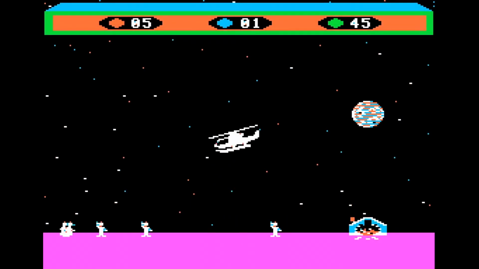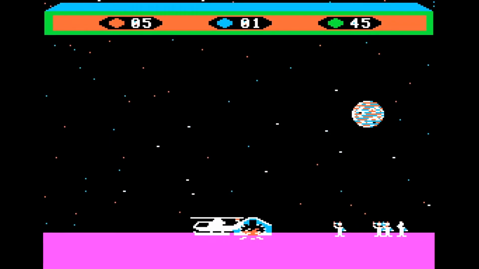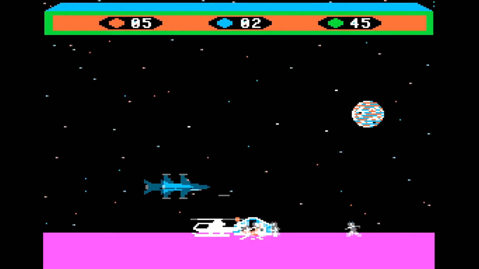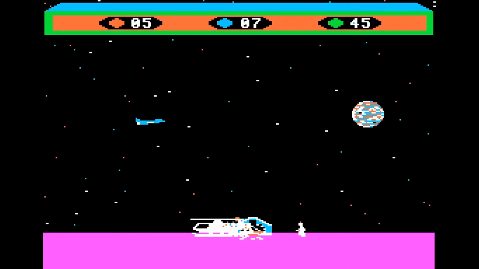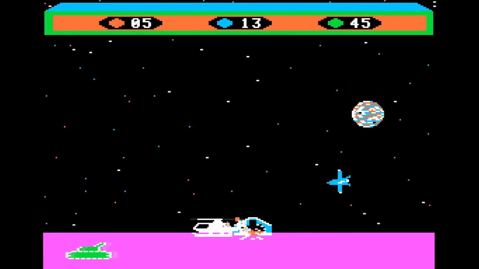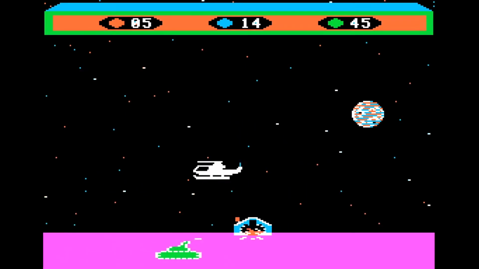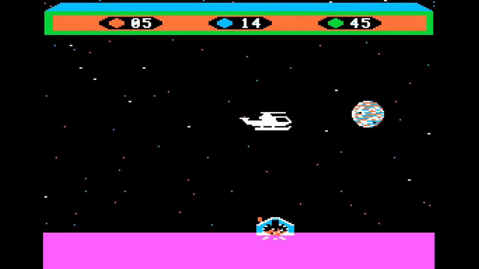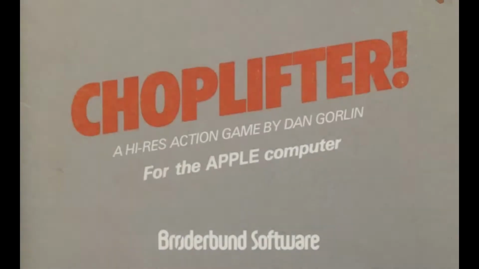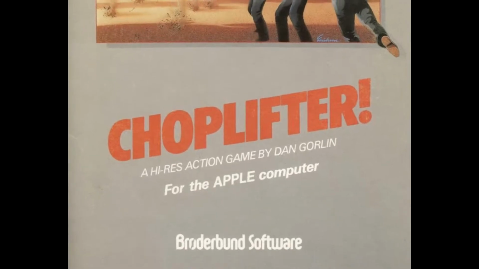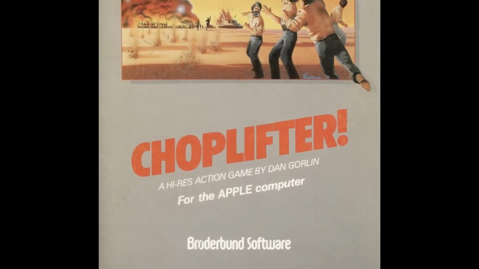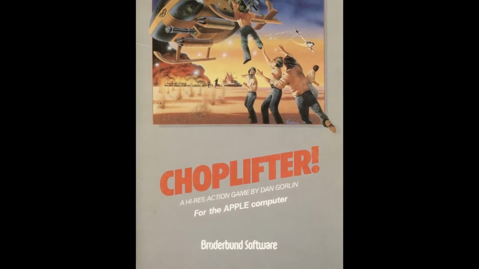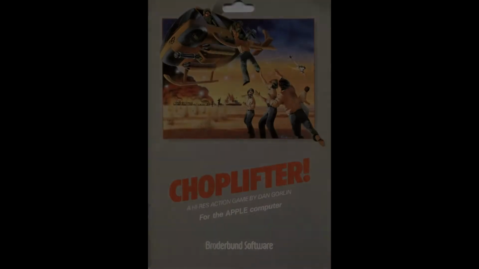Choplifter is a scrolling shooter in which the player plays as a helicopter pilot. The player must rescue the hostages from the evil bungling empire. The player must then bring them back while avoiding tanks and other enemies. The hostages can be shot by both the enemies and the player, so extra care must be taken with the hostages. Choplifter was published by Broderbund in May 1982 for Apple II computers. That is the short backstory to Choplifter. With that now told, it's time to play the game for ourselves.